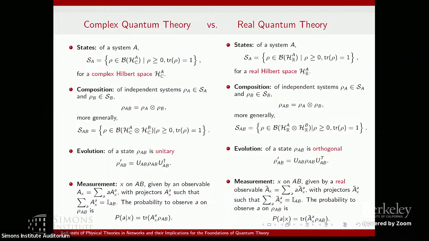And the measurement probabilities, something we've already kind of seen but I told you not to pay attention to, are given by the Born rule. There are measurement operators that we apply to the state in order to obtain the probability of the various outcomes. Okay. So now these are two theories and they look very similar. So one of the questions one would ask first is, well, are they even different? What is the situation there?